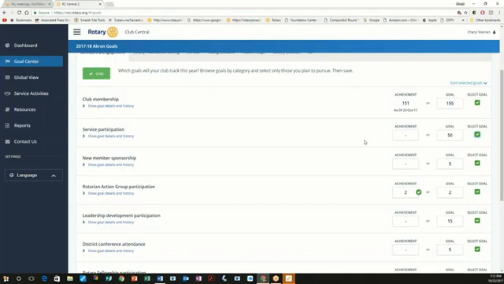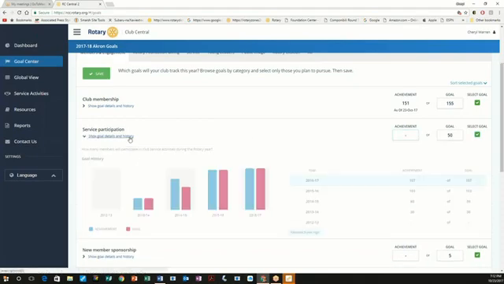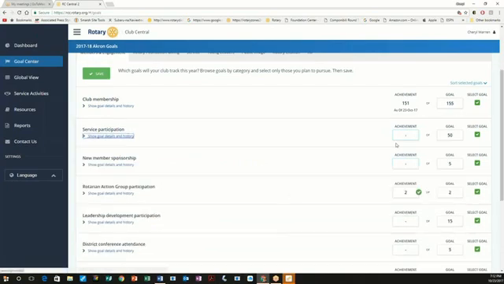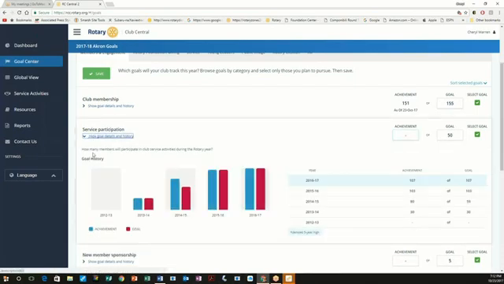Others you will have to fill in manually. So, for instance, service participation. The system doesn't know what type of participation you've had, so that's something you're going to have to manually enter. So each time you have a service project, you'll want to enter what the achievement is. So how many members have participated in club service activities during the year?